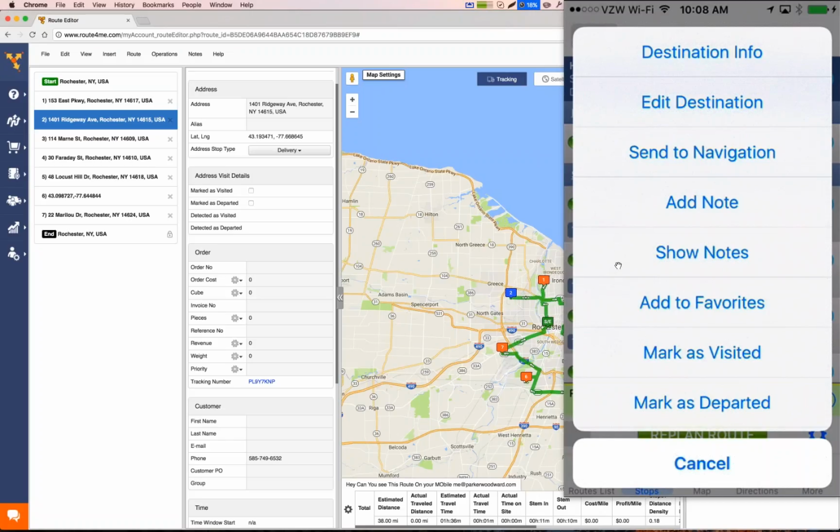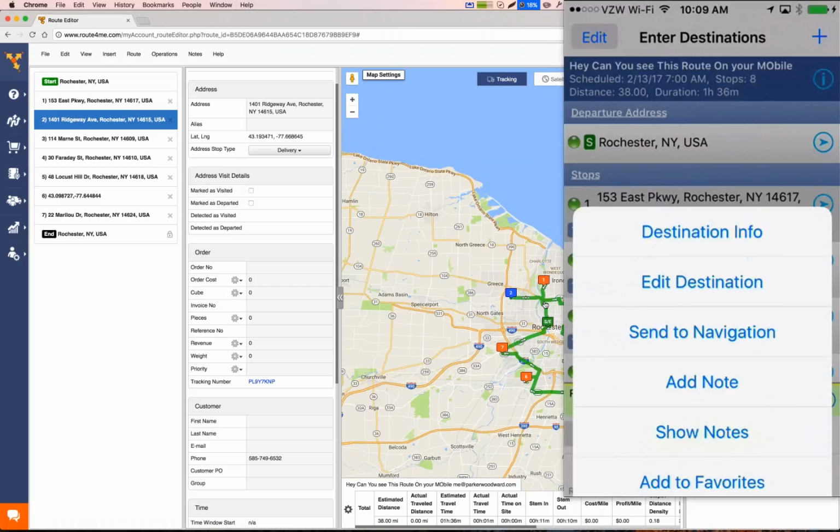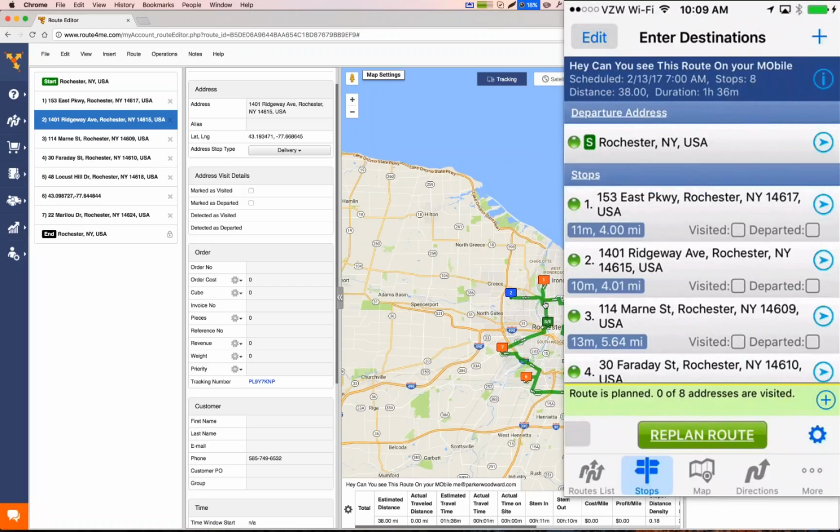So he's not going to get stuck in whatever traffic might have popped up here. So that's a really big benefit. Very easy, very simple to follow, and any changes to the route in real time will be updated instantly on the driver's side. So, for example, if the driver clicks on the first stop in the route